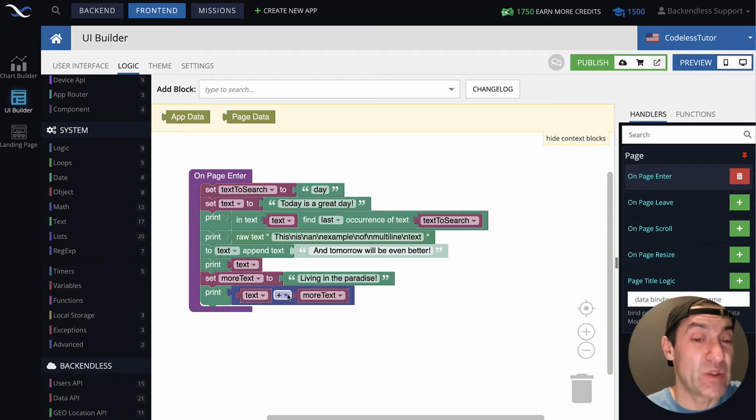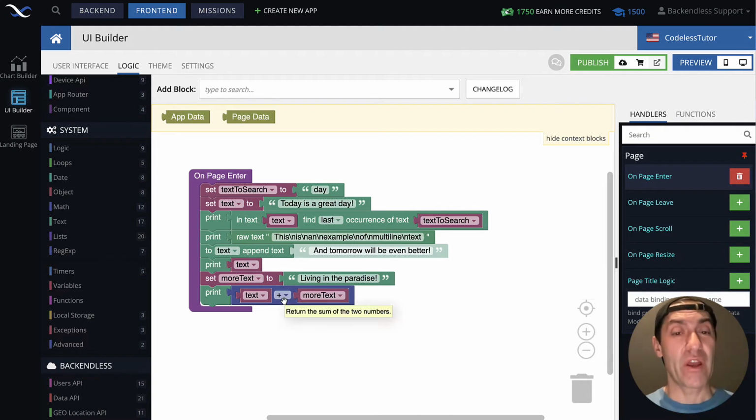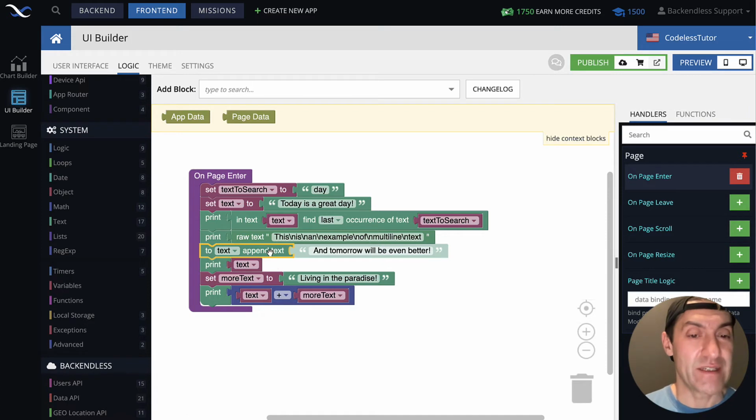And what happens here, this plus sign, whenever you're working with two string variables, the plus character will actually do the concatenation. Very similar to this append. The difference is this append will take this text and append it to the existing variable. In this case, it will take this text, concatenate more text, whatever is inside the more text, and the return value will be concatenated text. So this one updates a specific variable. This doesn't update anything. It just concatenates and returns. Let's see what we got now.